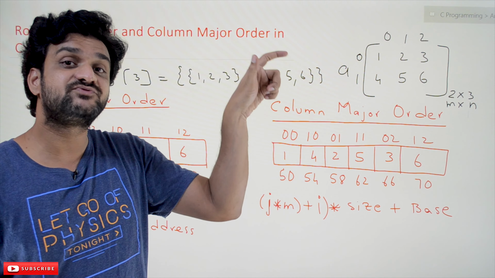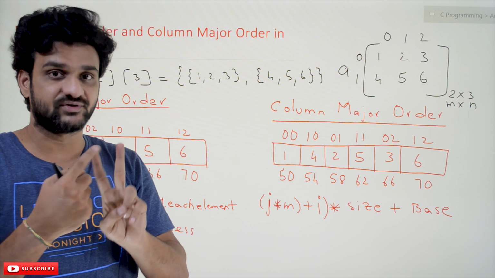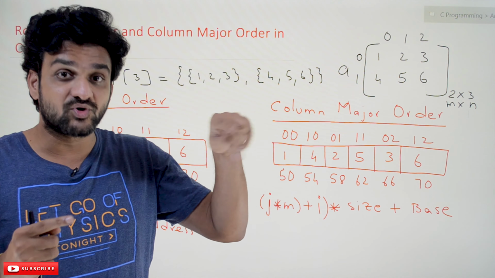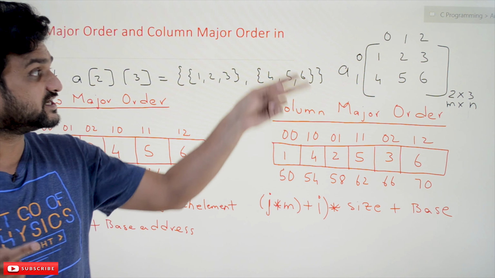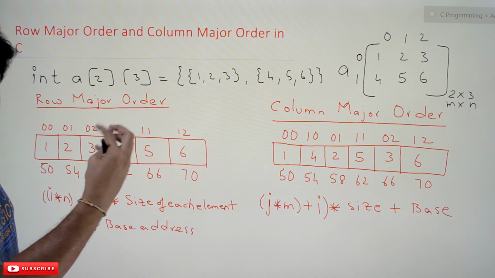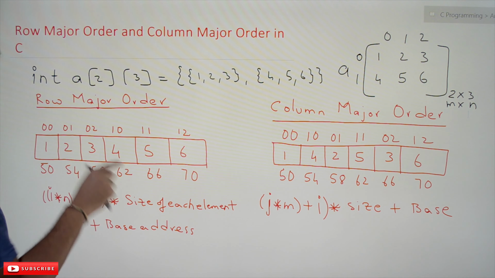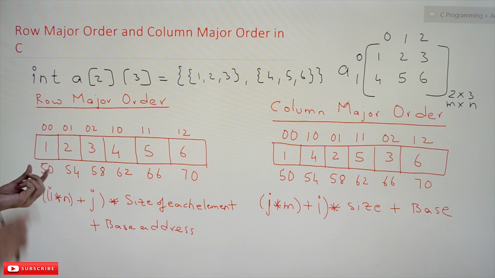But how the elements get stored in memory is done in 2 different ways, any one of the ways. One is row measure order. If the compiler is programmed in such a way that it considers the values in the rows, the order of the rows, it is what we call row measure order. See here, order of the rows 1 2 3. Row wise, if the elements are accessed or stored in the memory, it is what we call row measure order. See here, 0 0 are the indexes. Here these are the indexes and these are the memory addresses.